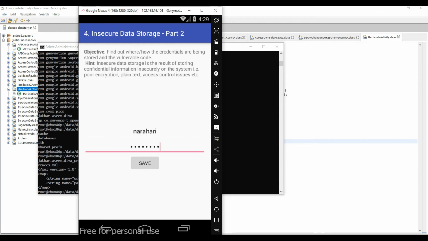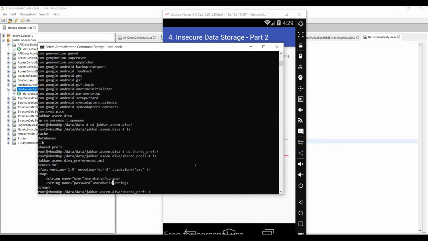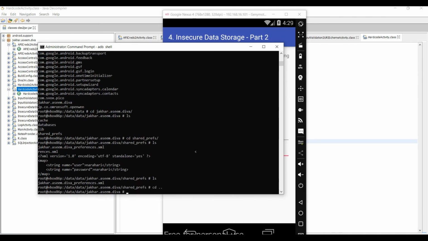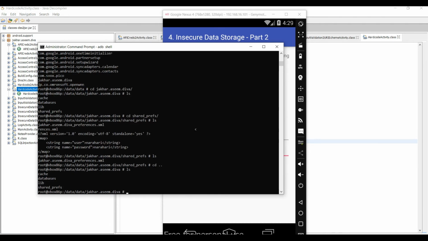We saw this just now, and this one was for insecure data storage part one. So now we have to look for another thing. Let's see the source code actually.